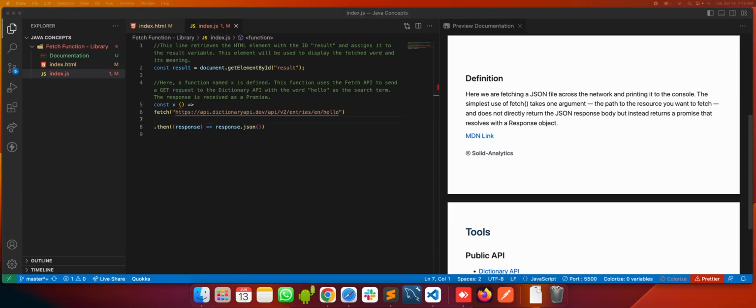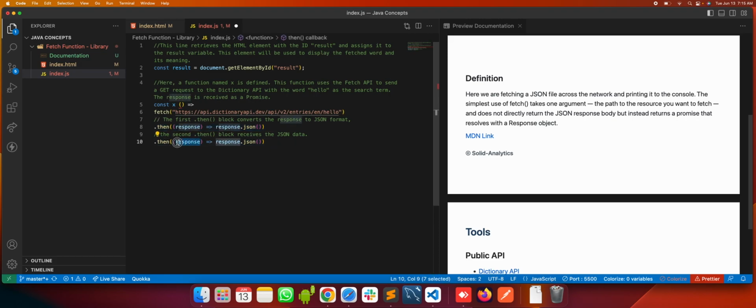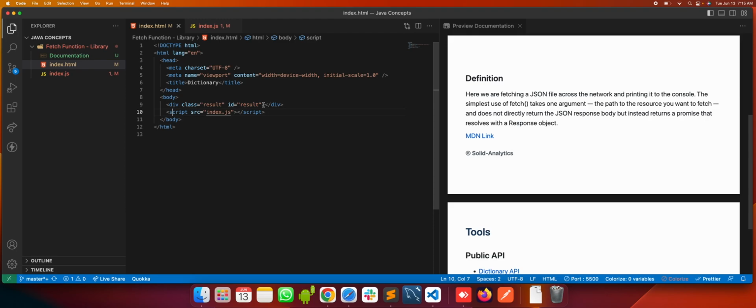After that, we are calling another then method on it to convert to JSON format, and let's call another then to convert this into data. So now let's define this as data, and let's just call it like this.